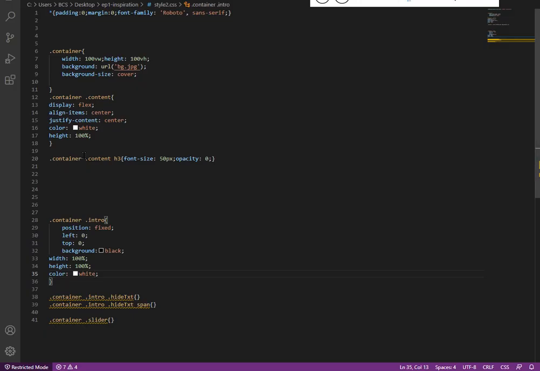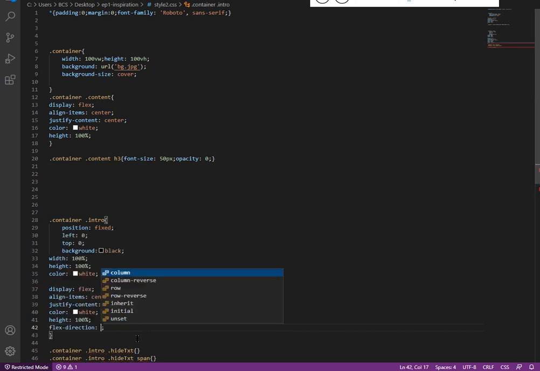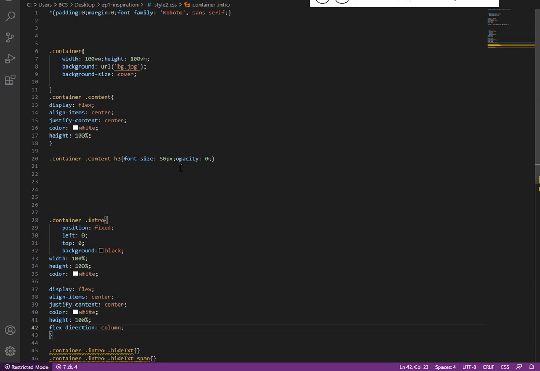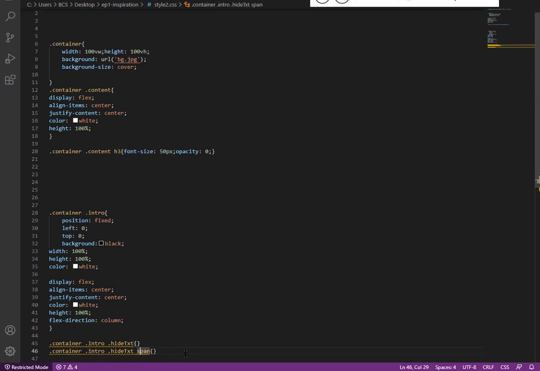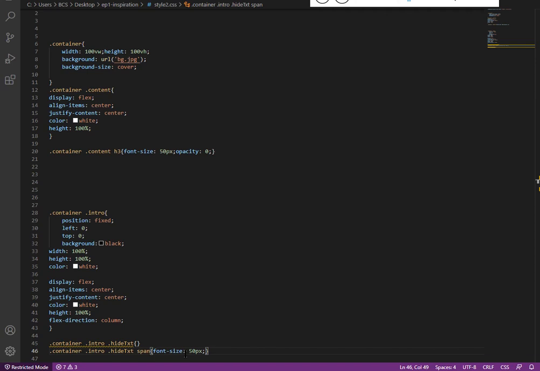Now we'll make this at the center, just as we did for the H3, the same thing. Refresh this. Now we got it at the center, but it's in the same line. We want to add flex direction column, so it will be one below the other. Let's add the same font size for the span, and let us make this display inline block,